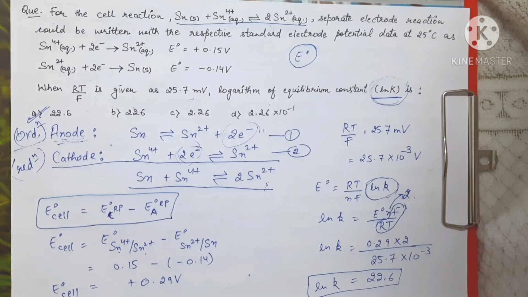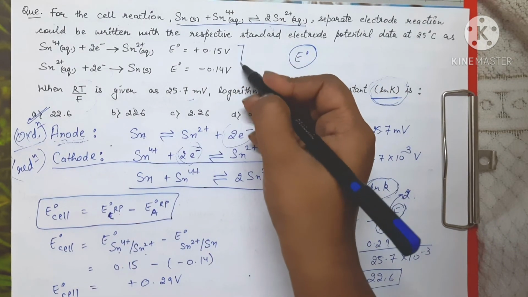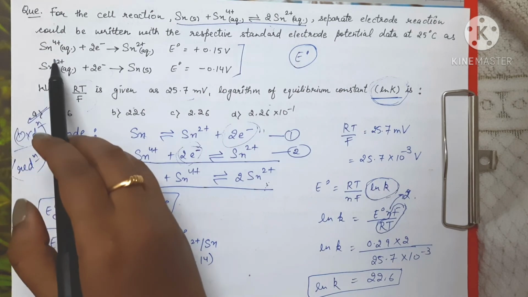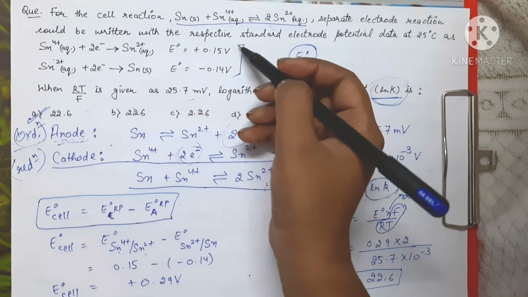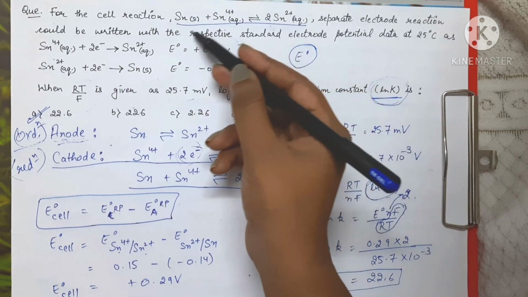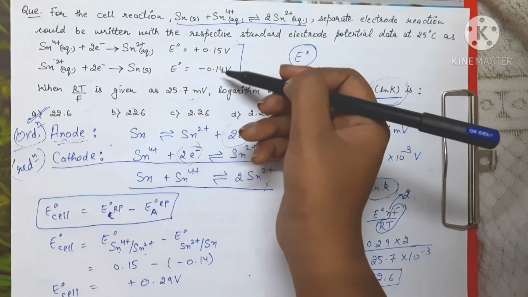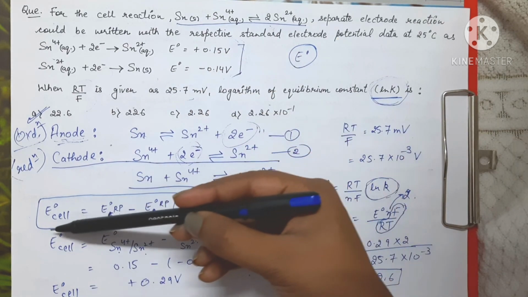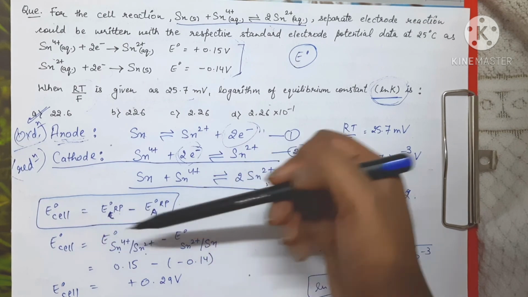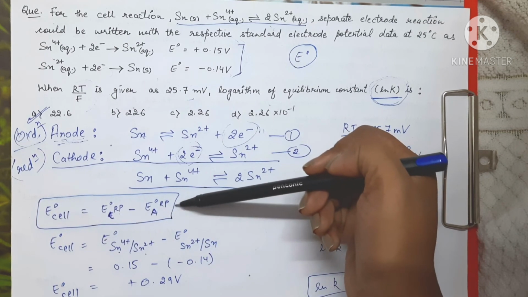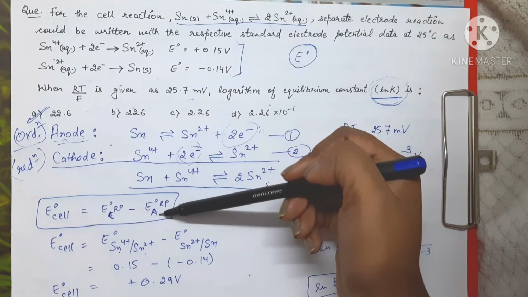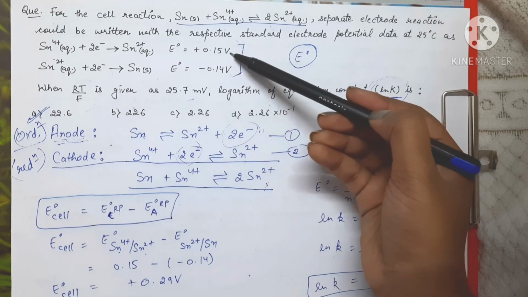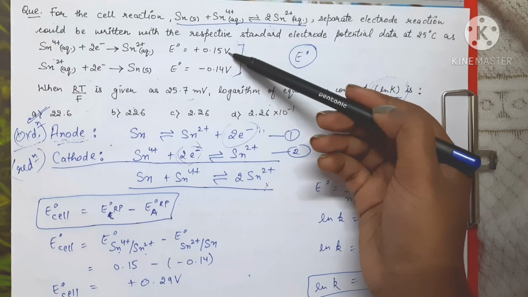Now one thing which you should pay attention to in this question is that if you look at these two equations, you will see that in both of these equations reduction is taking place, right? And the standard value of reduction potential is given. That is why, while writing the expression for E naught of cell, I have used the expression in terms of reduction potential at cathode and reduction potential at anode, because we are provided with the reduction potential values of both of these chemical reactions.